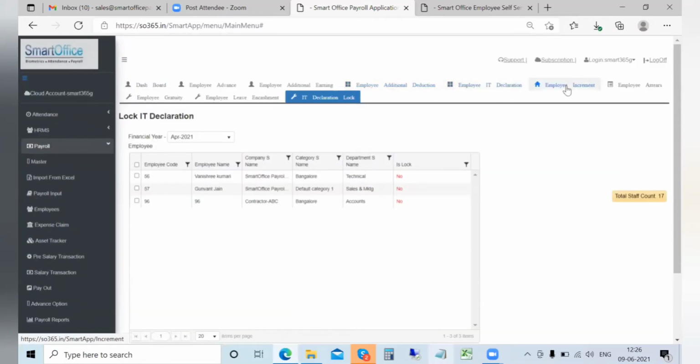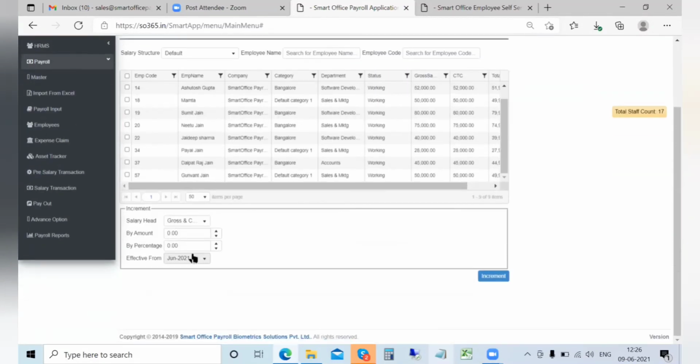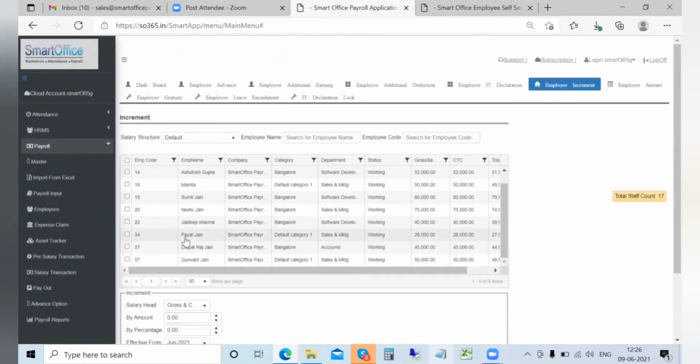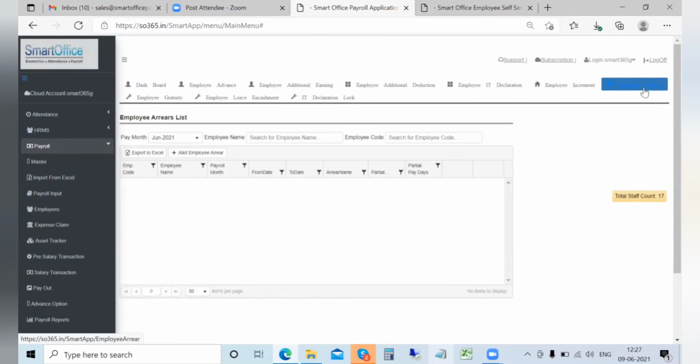So now the next option is the increment option. Generally, this module is used in case you are doing a standard increment for all your employees as in percentage or amount. So that can be used here. Or in case the numbers are different, you can always import using the standard import option. Then one of the good options available is the arrears part.